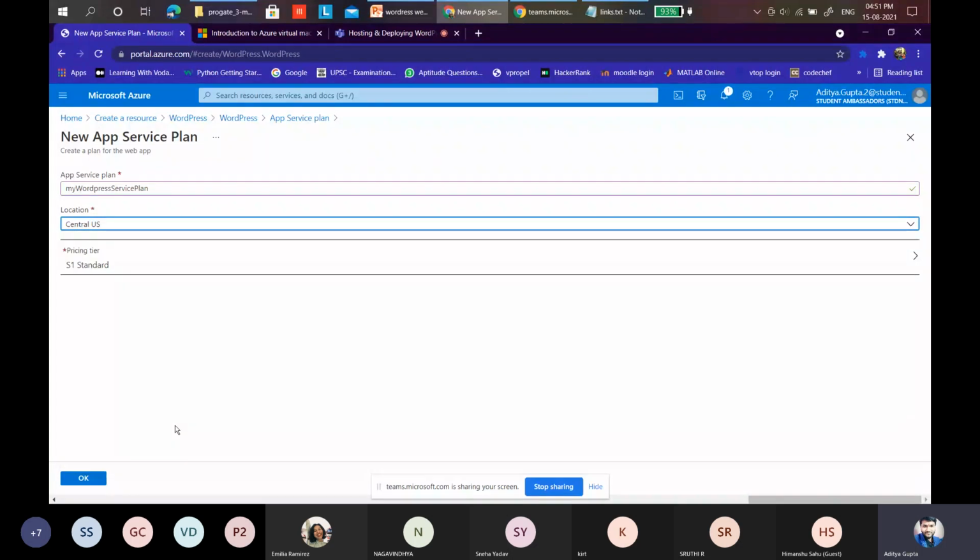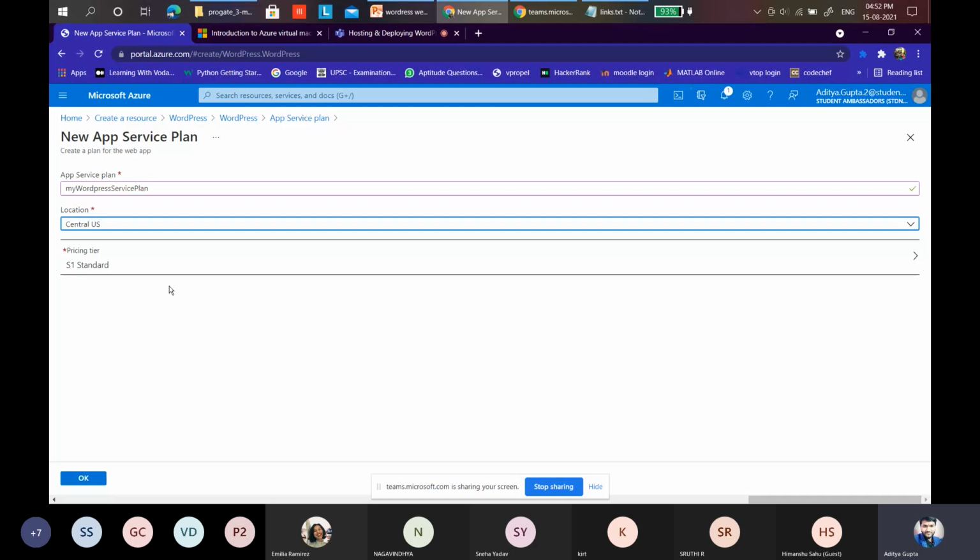We are using Central US because Central is the place where the data center of this Azure is located as of now. So whenever you place a request, like I want to create a WordPress website, it makes a request to the data center present in the center. A data center is nothing but a building, you can say, which contains a lot of computers that handle the request. So it just makes a request that, hey, Aditya wants to create a WordPress marketplace, will you allow it? If it allows, we will get to know then. If it doesn't allow, we have to change this location only, but in most cases it allows.